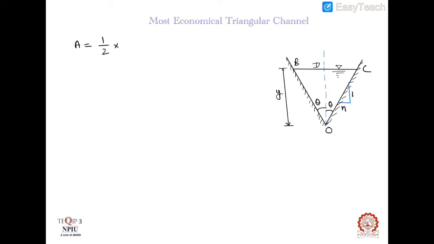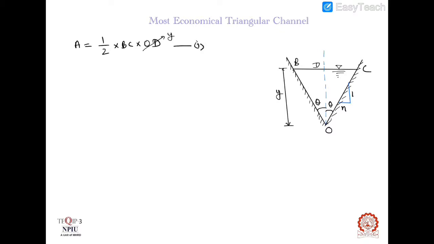OD is depth of flow, and how to find BC? In this triangle BOD, this is a right angle triangle and this is the angle theta. So tan theta will be,